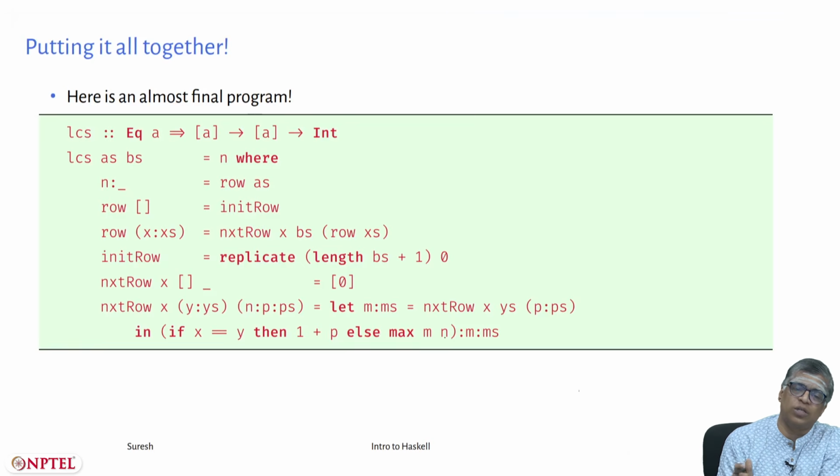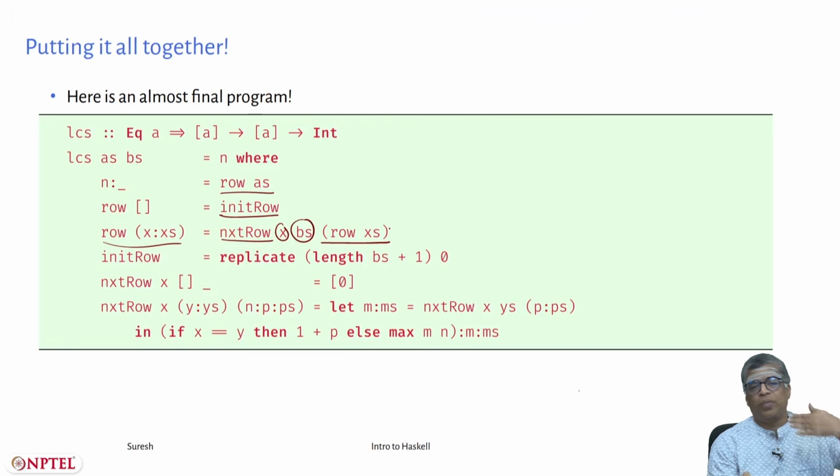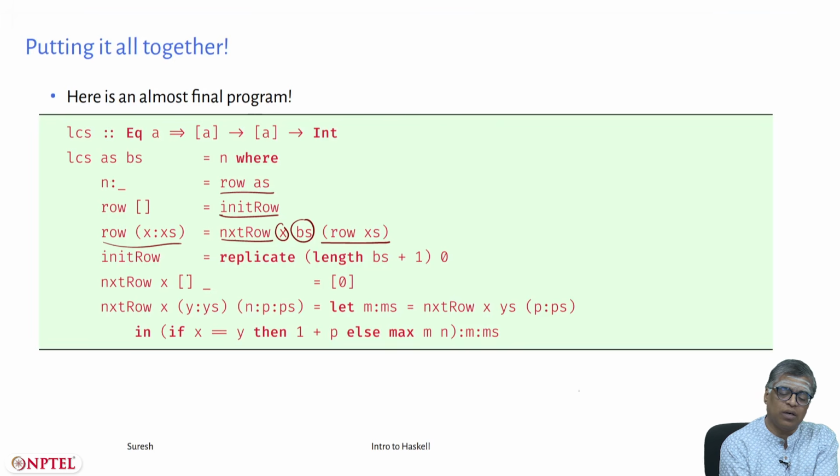So finally, putting all this together, I have this program: LCS of as bs is equal to n, where n is the first element of row as, row empty list. Init row of x colon x's is next row computed using x, bs and row of x's. So I am computing row after row. Init row is replicate length bs plus 1 of 0. Next row of x, if bs is the empty list, then I will just have this singleton list containing 0. Next row of x, y colon y's,